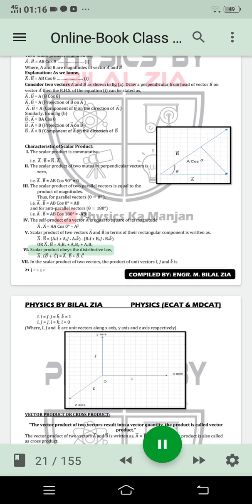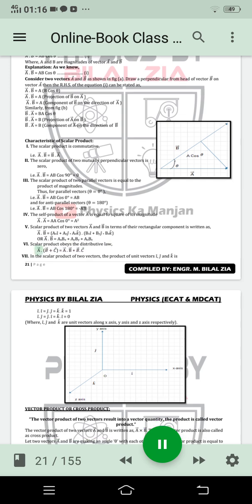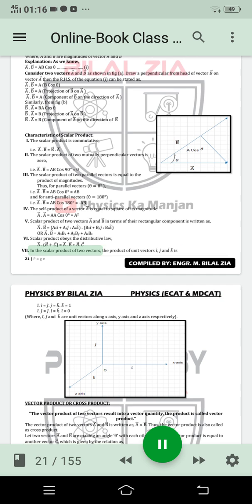6. Scalar product obeys the distributive law, A dot (B plus C) equals A dot B plus A dot C. 7. In the scalar product of two vectors, the product of unit vectors i, j and k